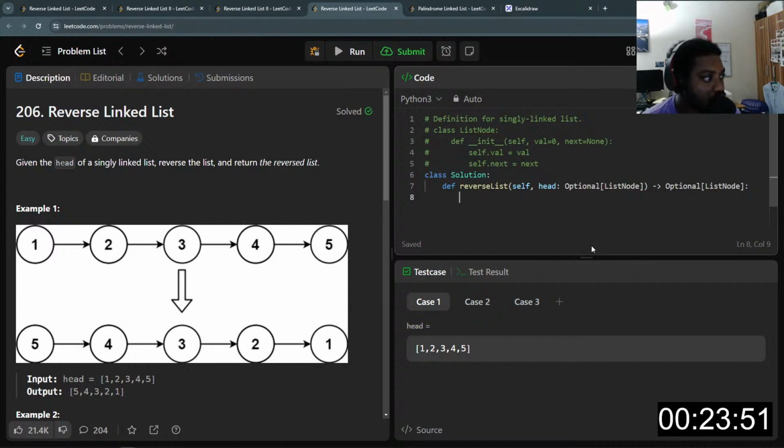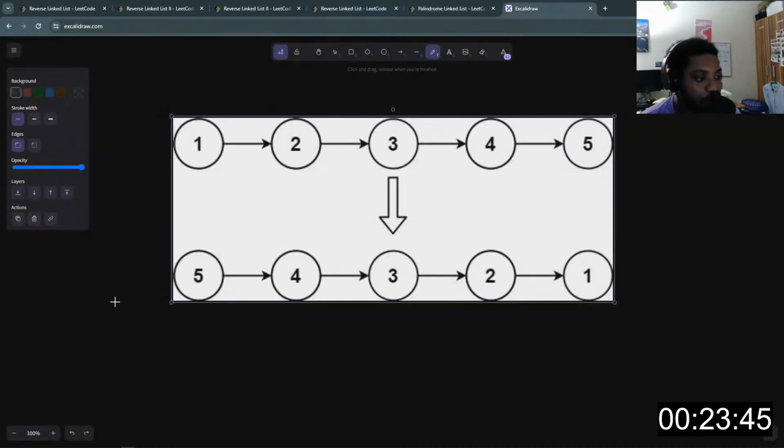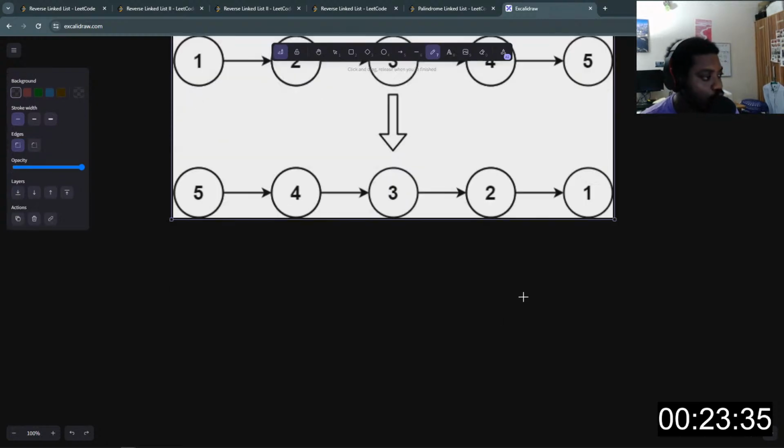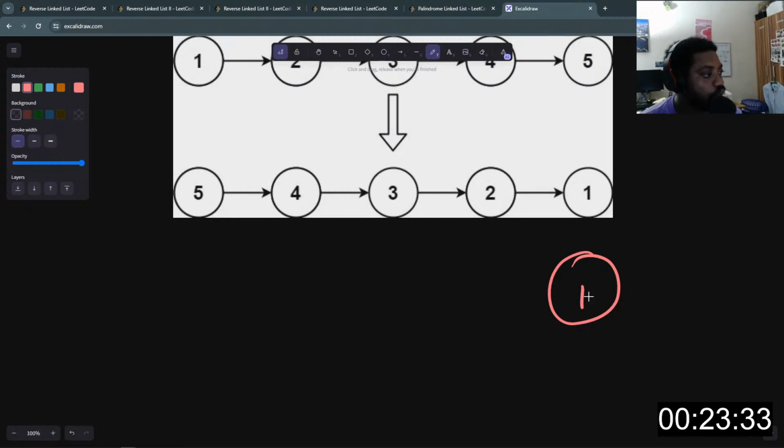Let me just take this. Okay, the solution is probably in the submission, but let me show you what happens. We want to take this node, right? Probably the first node, right? The first node here, I'll put 1 like this and set its next value to none like this, and